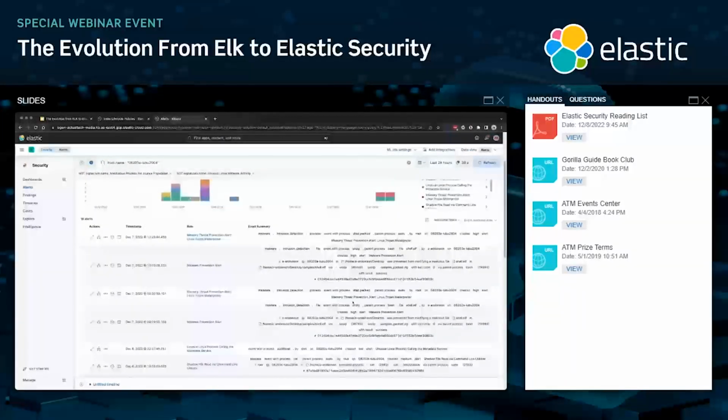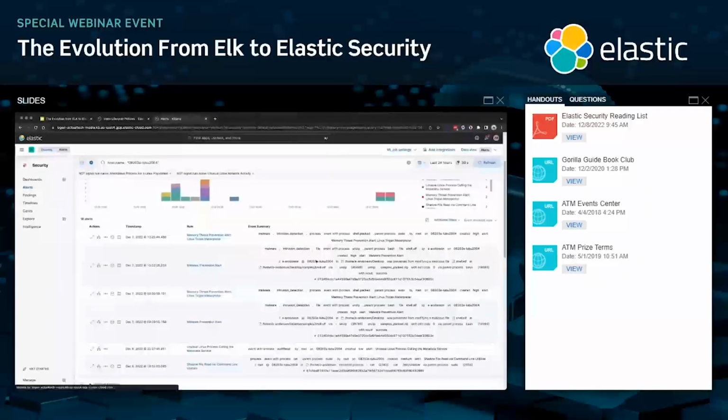As I look down to my table rows for the individual alerts, I'm also seeing this event summary column, which is kind of like mind explosion, right? If you're used to Discover, where you had to continually bang out KQL or Lucene queries and you had to continually pin different key value pairs to create columns and a table view as part of your triage, you don't have to do any of that in the security UI.